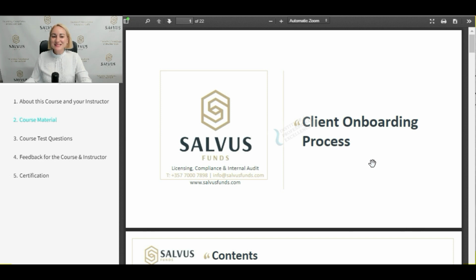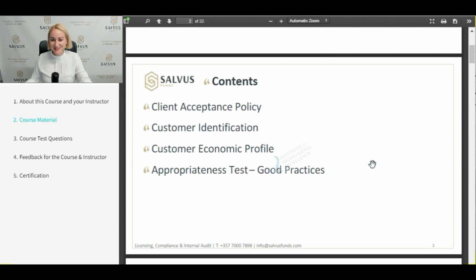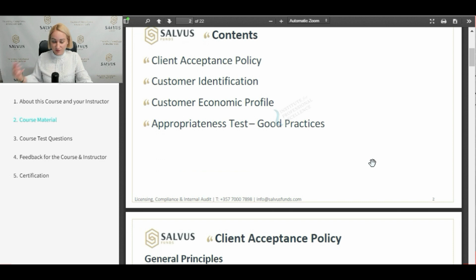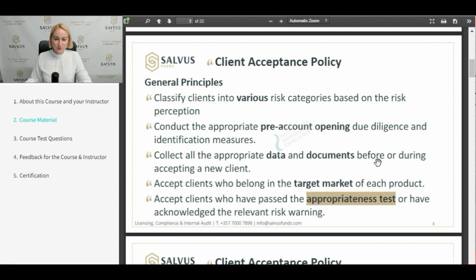Now the client onboarding process. Within this section, which is very interesting and I like to explain, we are discussing the client acceptance policy, customer identification, the economic profile, and appropriateness. And within that, we are including good practices to follow. So, a client acceptance policy. Now, in general,